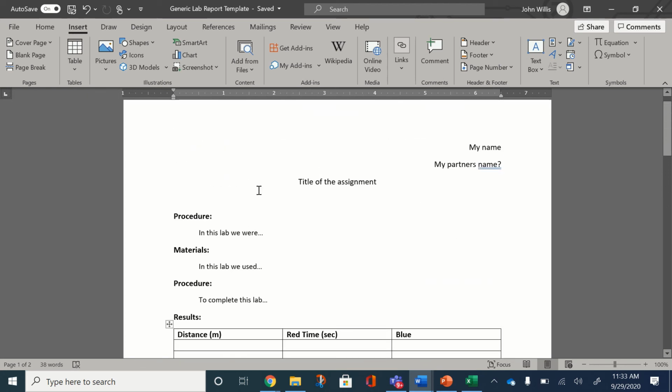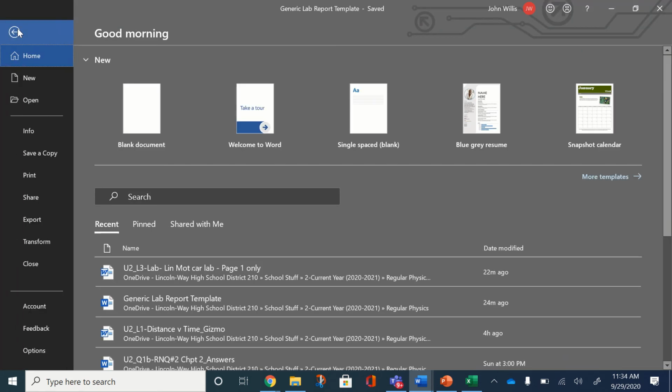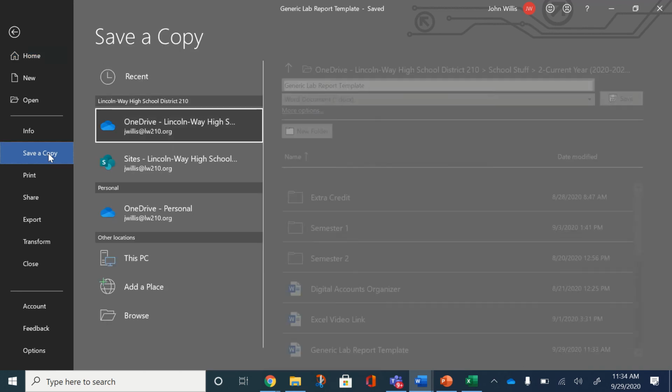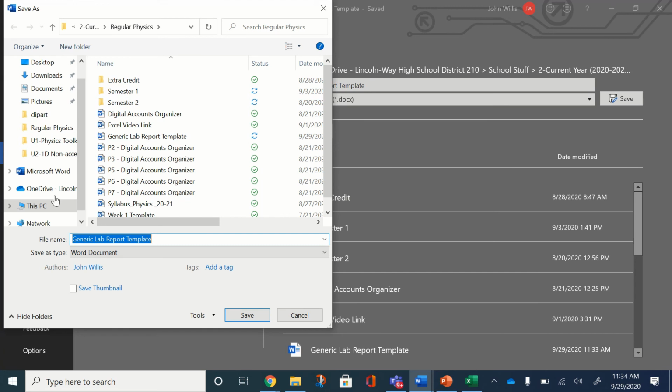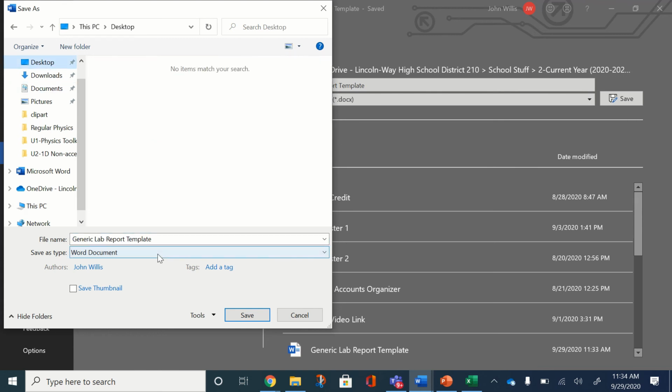When all is said and done, once you've got it all figured out, filled in, you can come all the way back over to File. You could save a copy of it, sure. If you want to save it, make sure you're saving it to a location that you're familiar with and you can come back to. Sometimes it's your OneDrive right here. Sometimes it's as easy as saving it to the desktop of the computer, and once it's saved to the desktop, you can find it right there on the main page where all of your icons are at, and you can also send it to me digitally that way. So it doesn't matter to me where you save it, just make sure you come down here